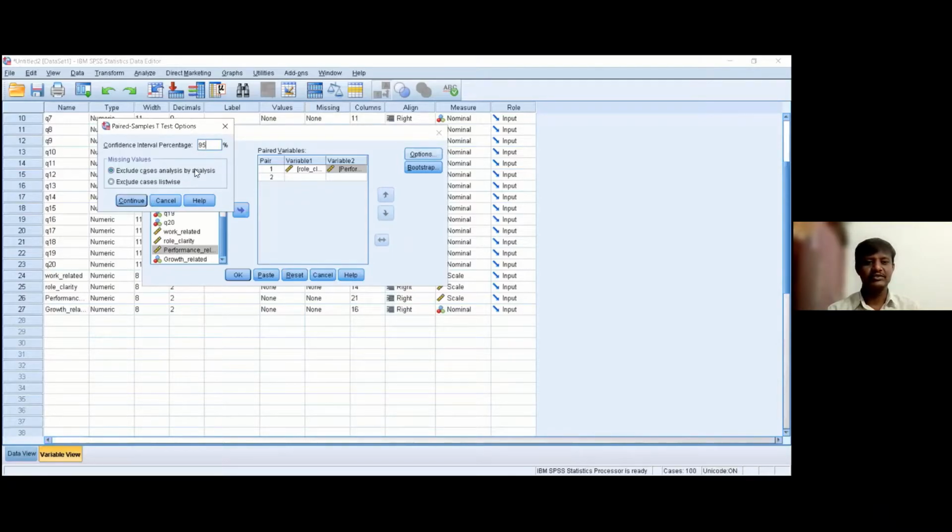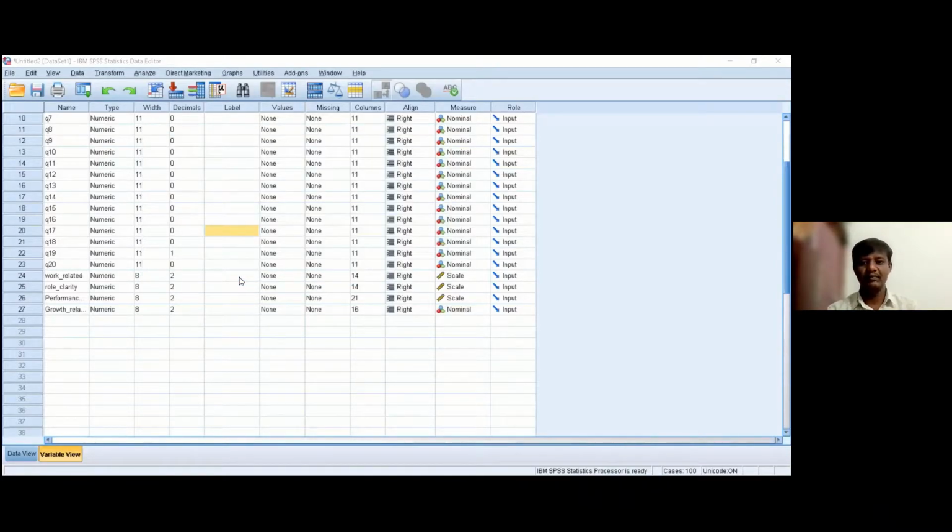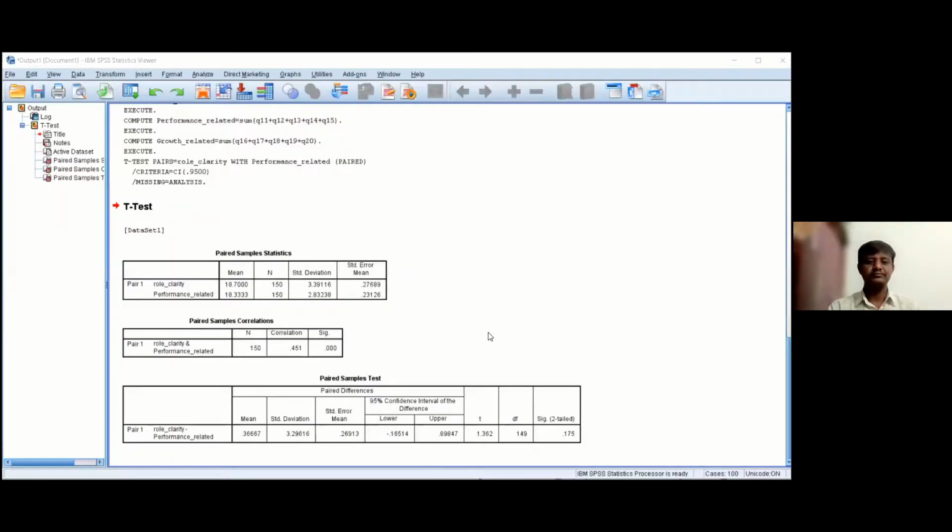In most cases, we work on a 95% confidence level. If you want to increase it, you can. Otherwise, click on Continue. After that, simply click on the OK button. When you click on OK, you can see the output displayed here. This is the output that will be generated for paired samples t-test.